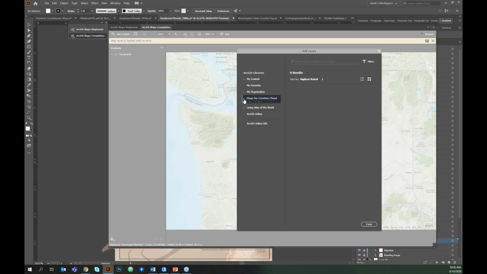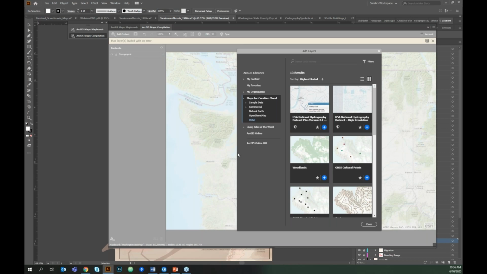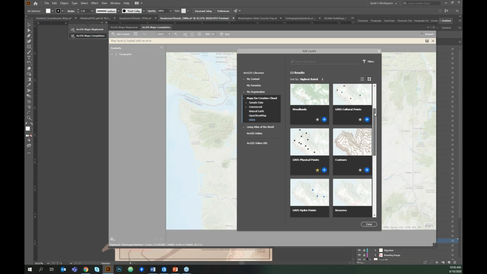We also have this Maps for Creative Cloud library. This is where we have curated data from ArcGIS Online, and we've even created new categories that we think are really great for the use of this extension. For example, we have this USGS category or library, and it's all the USGS data that